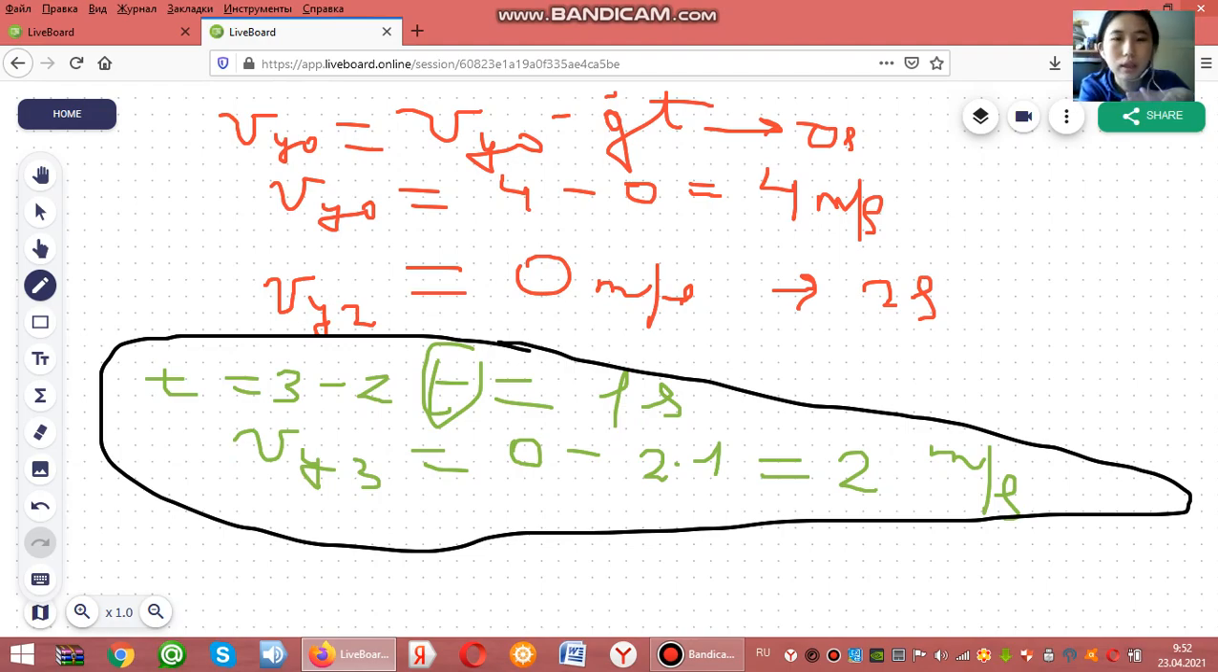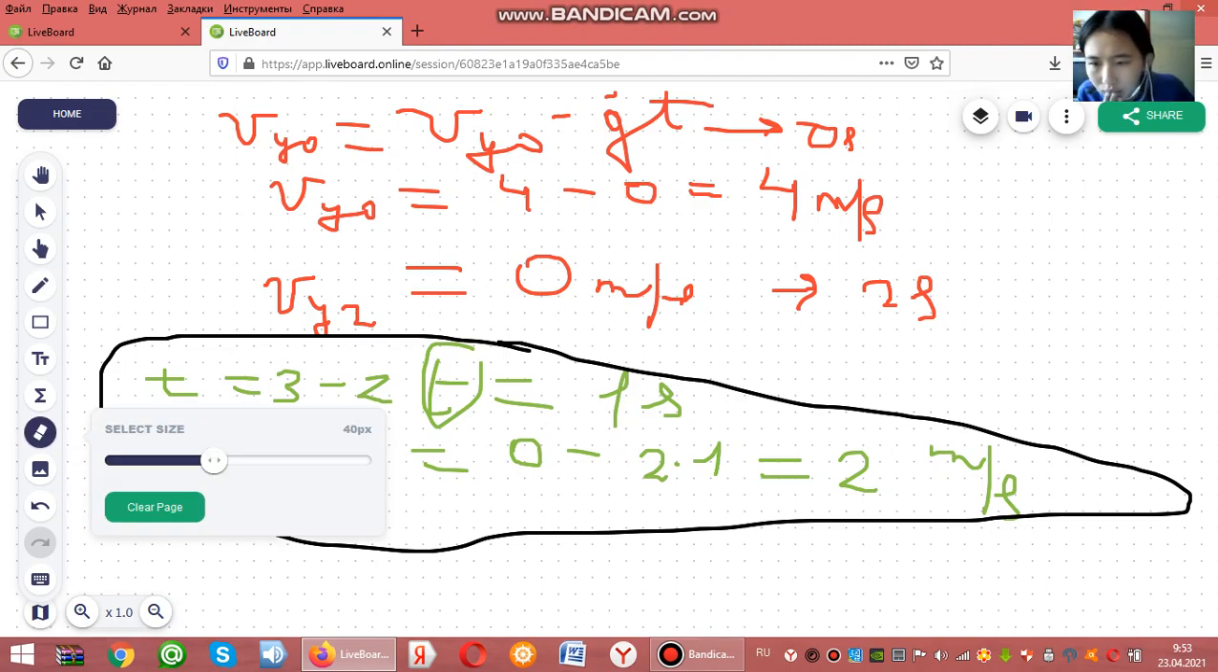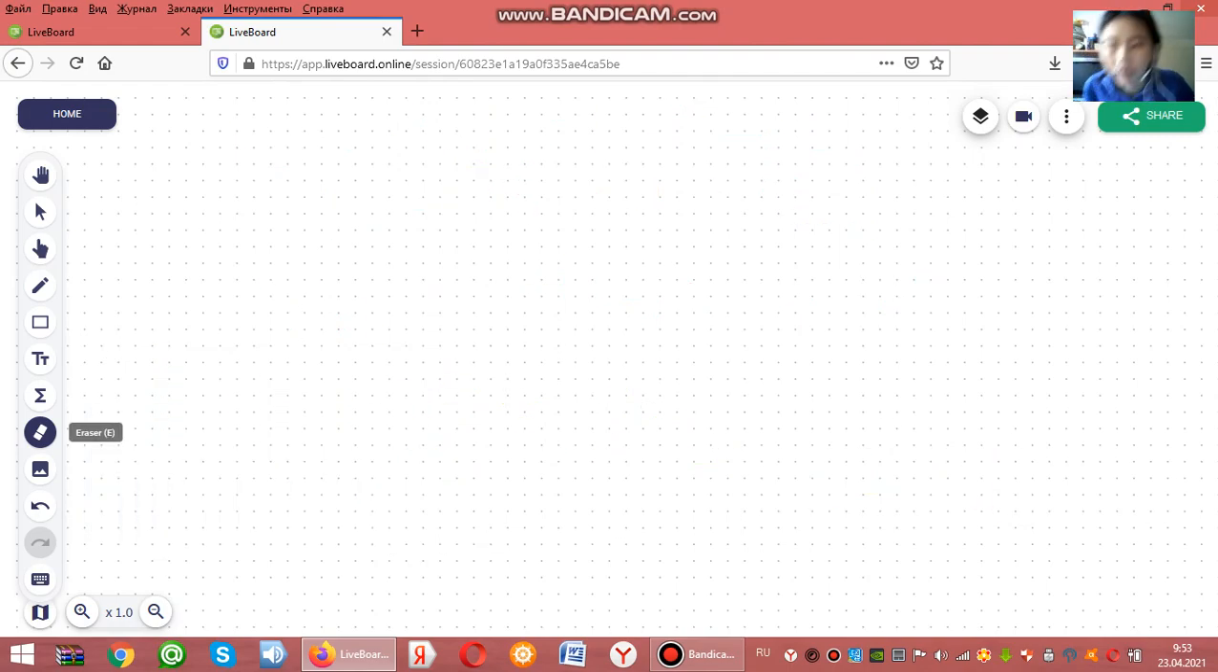So we find this, and let me find the last thing, what was the ball's launch angle. Okay, here I need a new page, so let me clear this, and let's find the angle. When time equals